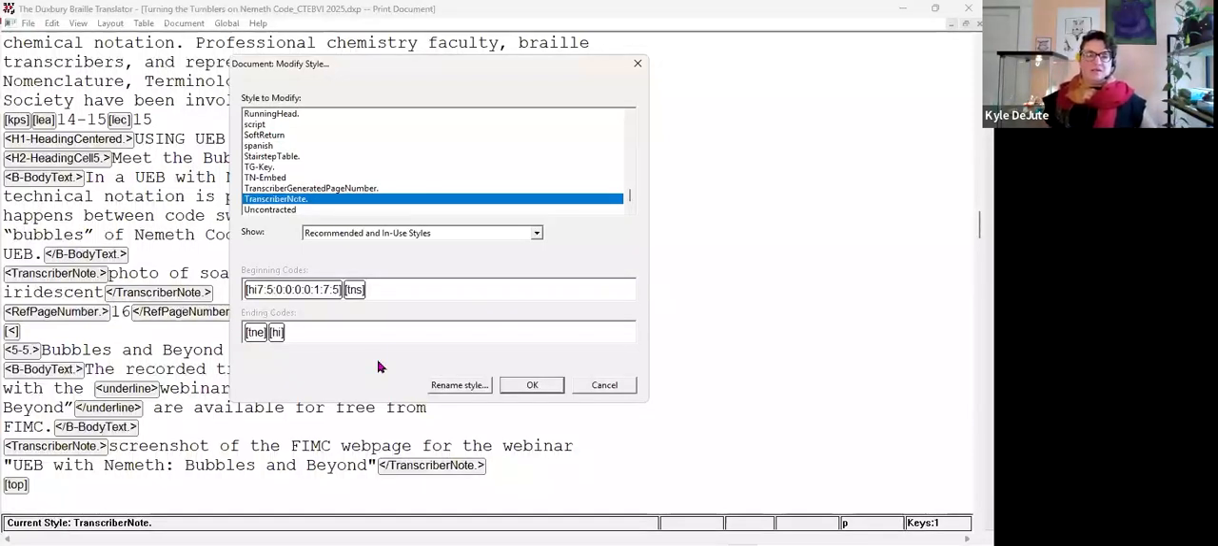Now, in modify style, you might note I can't get in to the beginning codes and ending codes blocks here. I can't change the codes that make up this style. I can learn about them. I can hear what they are, but I can't redefine the transcriber note style, which is a permanent piece of the English UEB BANA template. However, I could rename it,